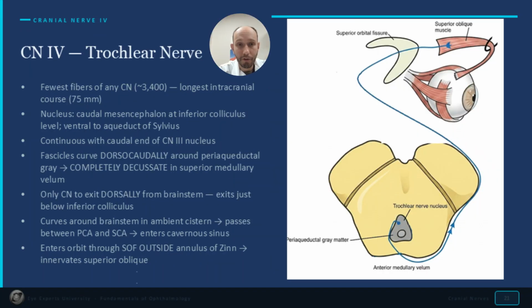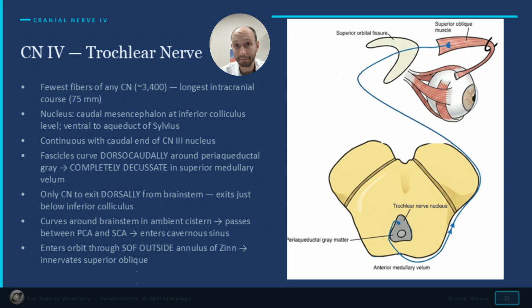Cranial nerve 4 is our trochlear nerve. It's the smallest and longest intracranial nerve that we'll be talking about. The interesting part about the trochlear nerve is it decussates to the other side along the anterior medullary velum. Because of its course outside the cone, after retrobulbar blocks, the superior oblique muscle is the one that's most likely